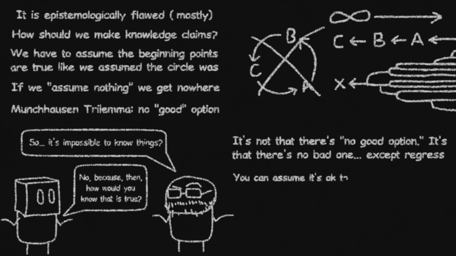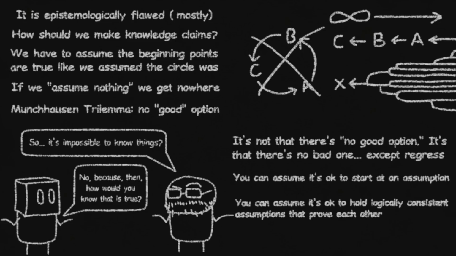Most clearly, if you accept axioms, then you accept axioms. You just start at an axiom and work your way forward. As we'll get to, if you accept circularity, then you accept circularity. However, if you find yourself journeying on an infinite regress, it is only because you are operating under the assumption that each element needs a previous one, looking for a starting point to work your way back, despite the fact that the regress never ends, and by virtue of that, can never offer up a way to make a knowledge claim.